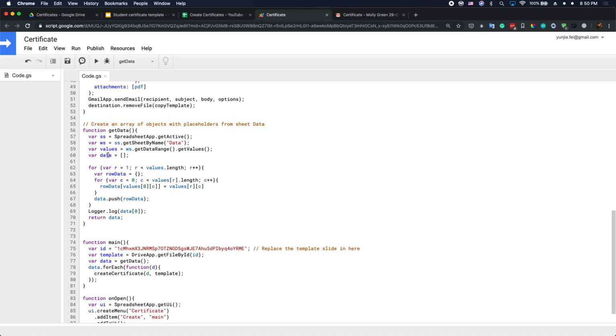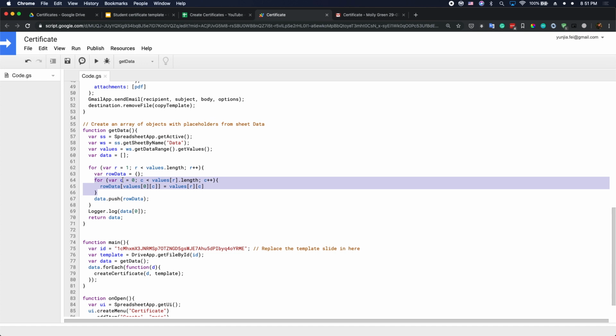Here we defined an empty data array. We need to push the objects to this data. For each row in the values, we start from the second row and define a new object for the row data, and then we also cycle through each column to retrieve the